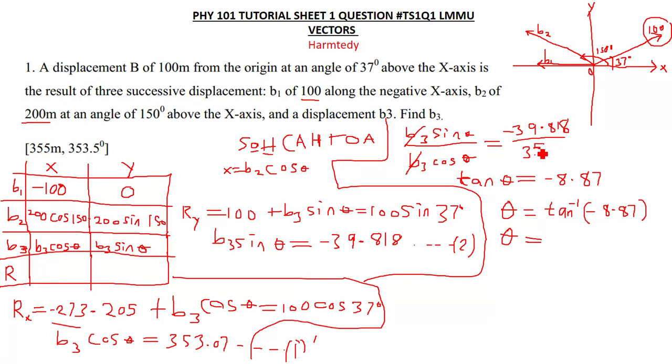Yeah, so we have 353.07. So when you divide that, you get negative... let me just erase this. So you get negative 0.11